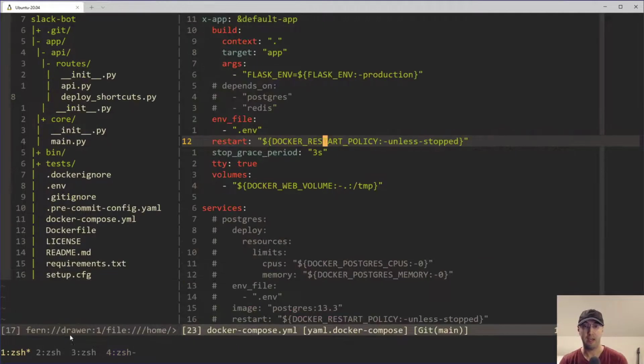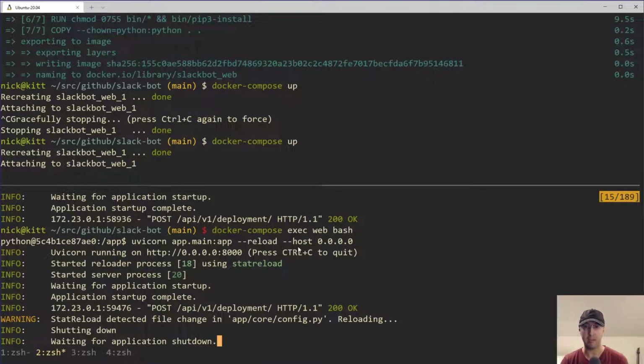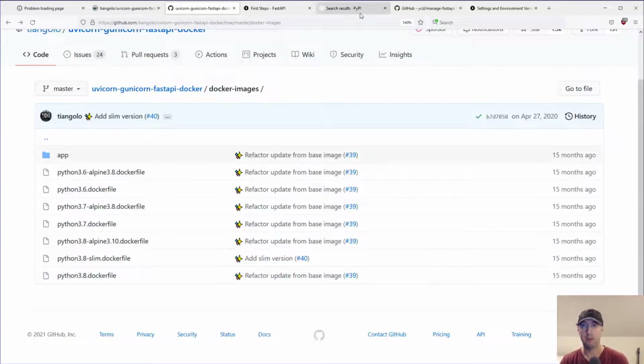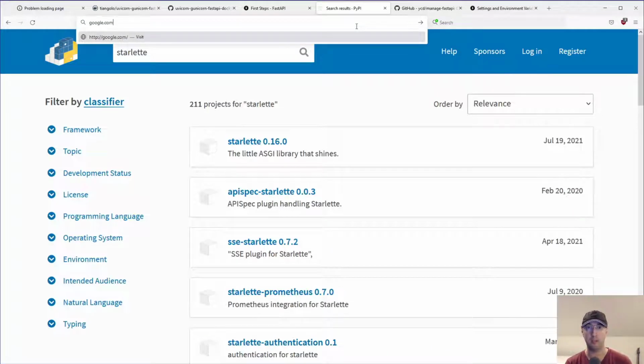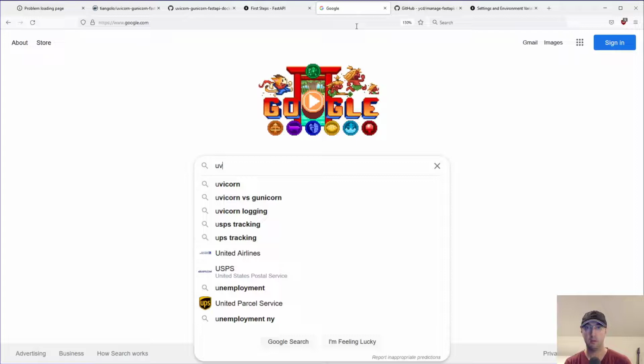Like, I don't want to have to set 35 million flags in the command line. But more importantly, I don't want to have to set them differently in dev versus prod, because that means running different commands in dev versus prod. And I don't like that. So the next thing on the agenda would be uvicorn